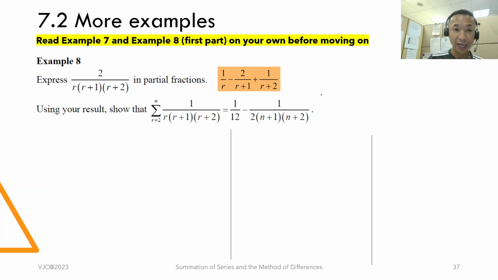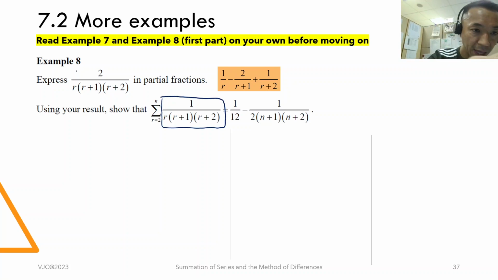Okay, I hope you have gone through example 7 on your own. Let us take a look at example 8, and I assume this first part, partial fractions, is not difficult. Assume knowledge, you will get this. Now you need to use the result of your partial fractions to show this. So again, we take a look at this